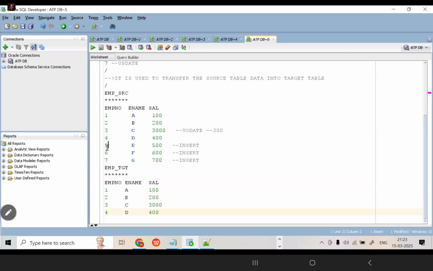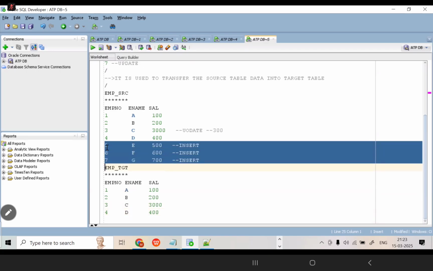Now, next one, 5, 1, 6 and 7. Is it matching? The employee numbers 5, 1, 6, 7, are they there in the target table? No. If it is not matching, these records will go for the insert command only. Clear up to this? When will we go for the insert command, and when will we go for the update command by using